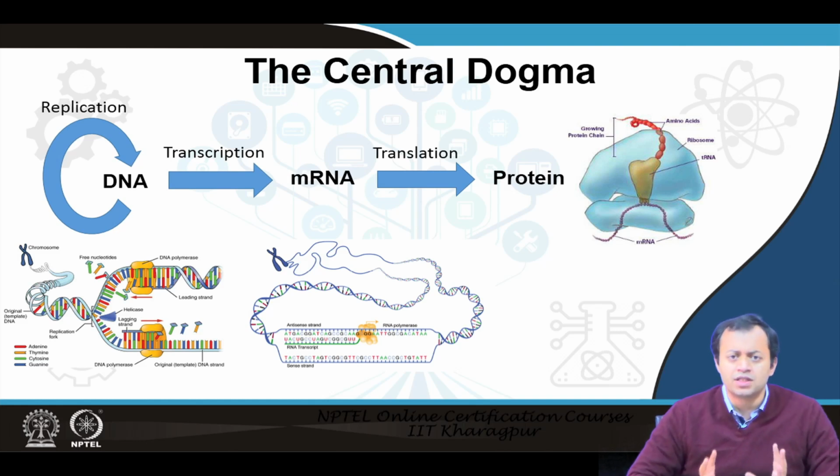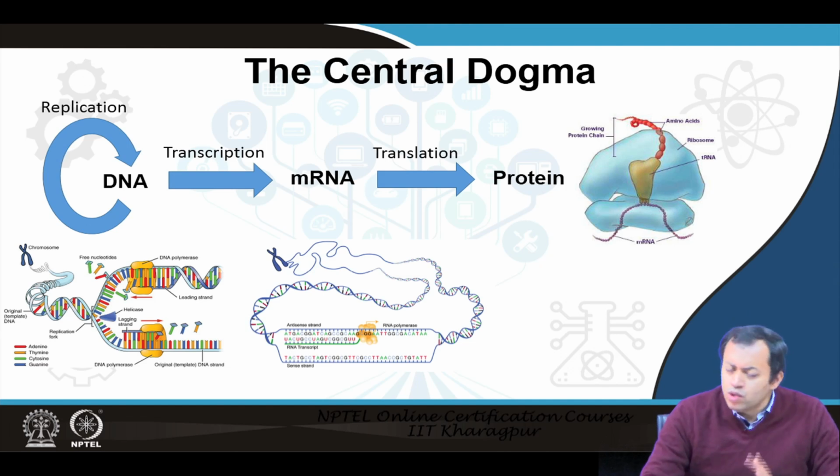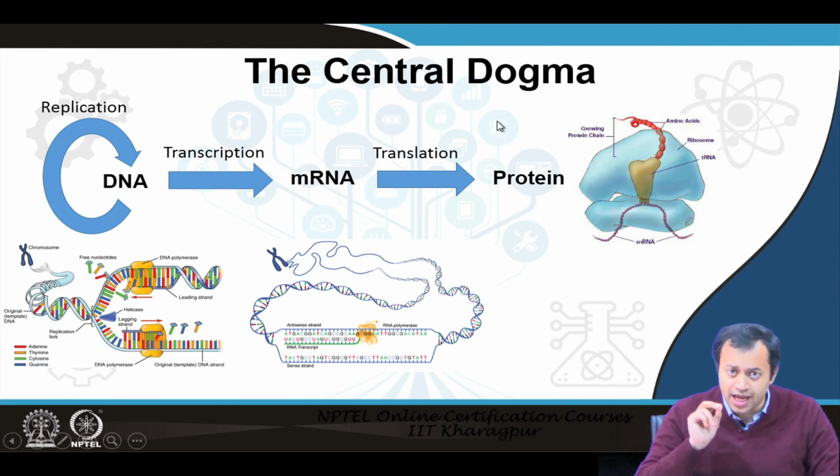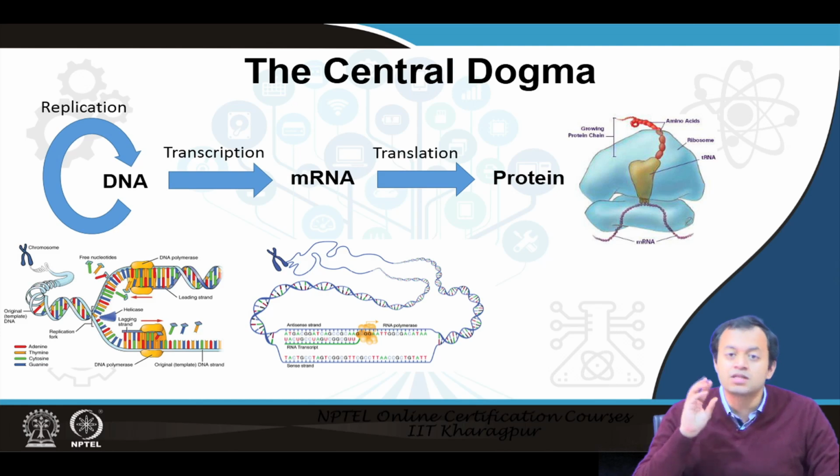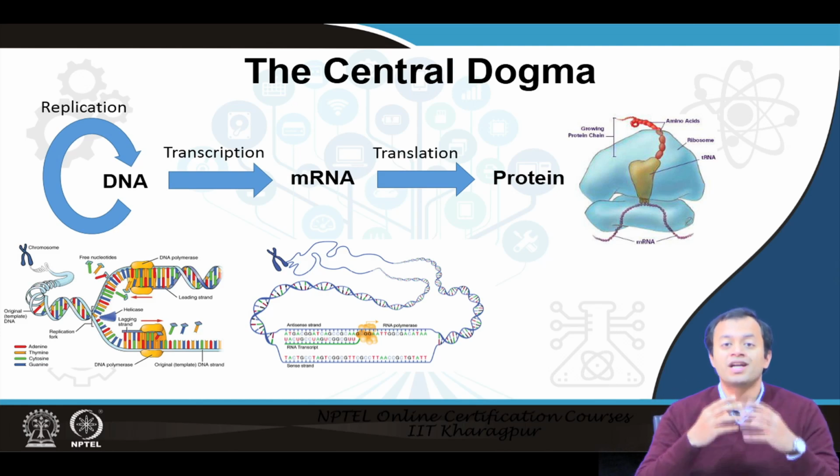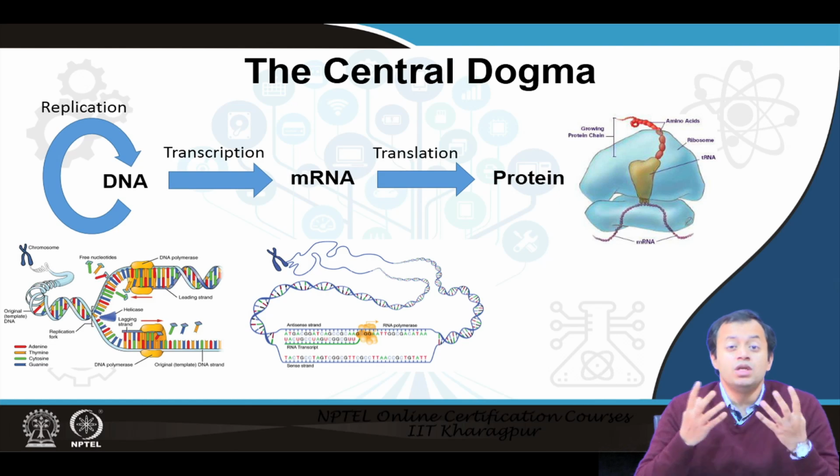A huge amount of things needs to be unpacked. Just do me a favor, look at some of the YouTube videos, some of the cartoons, and you will see how fascinatingly this is done. We will not discuss the entire detail of transcription, replication, translation, etc. We are going to understand, so what? DNA has converted to RNA, RNA has converted to protein, so what? And whatever has been the output, can we utilize it for our own goal?